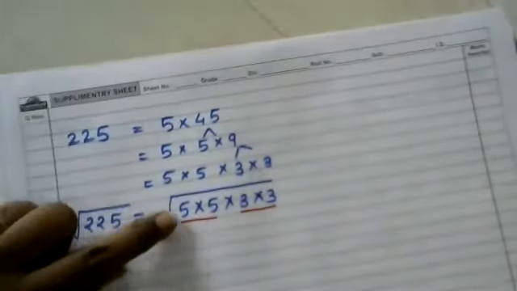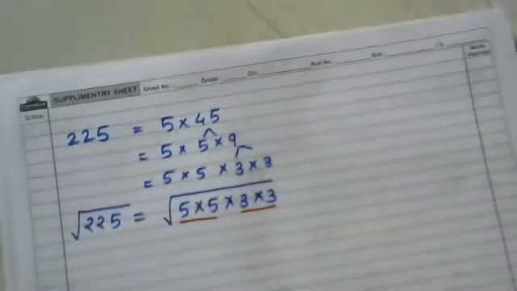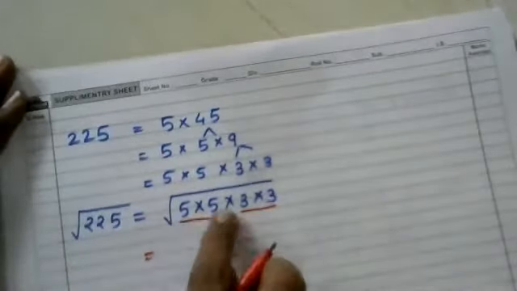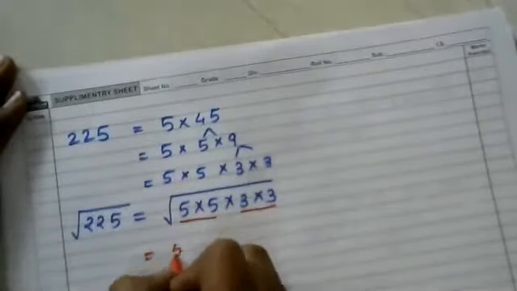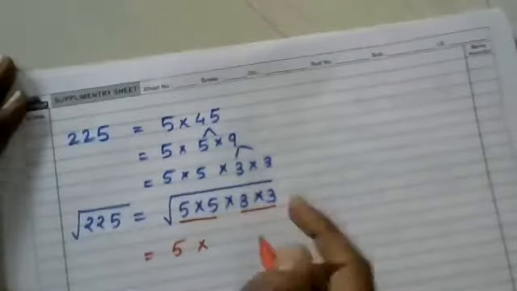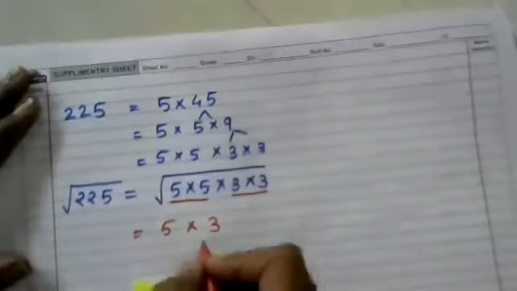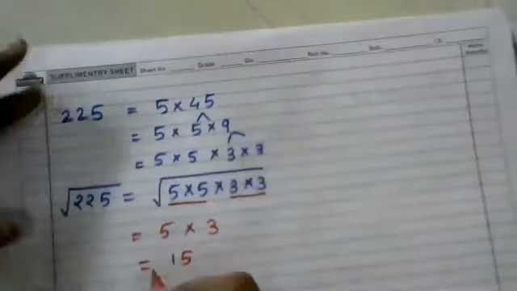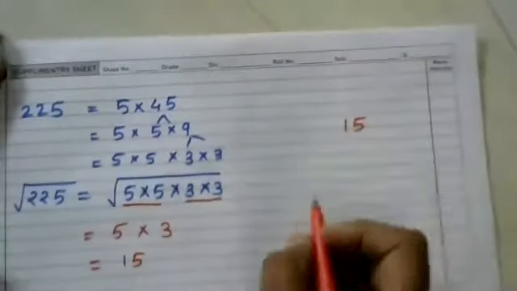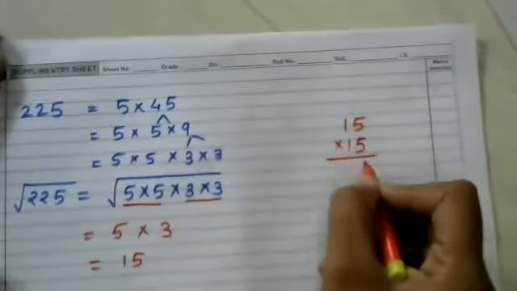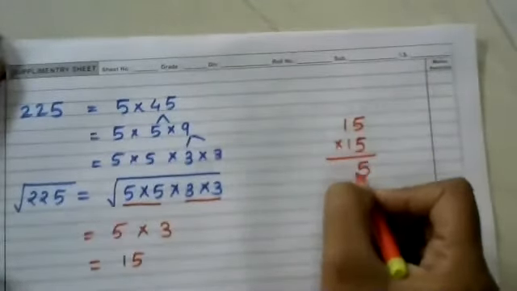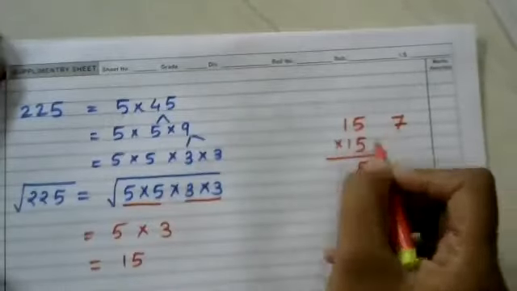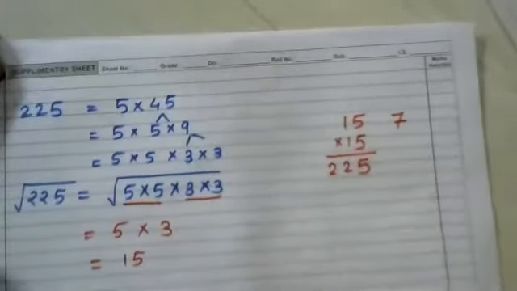If you have to remove this, किसी एक twins का आपको ये करना पड़ता है. So from these two twins, only one can come out. So this is nothing but 5 3s are 15. If you cross check it with this, 15 multiplied by 15, 15 5s are 75, carry 7, 15 ones are 15, 15 plus 7, it is 22.